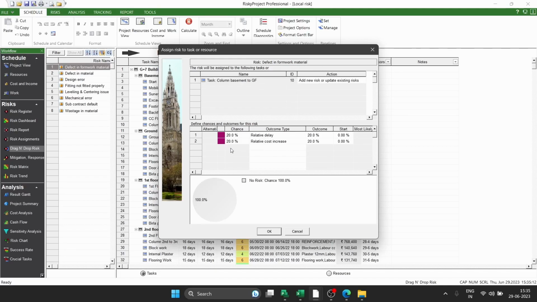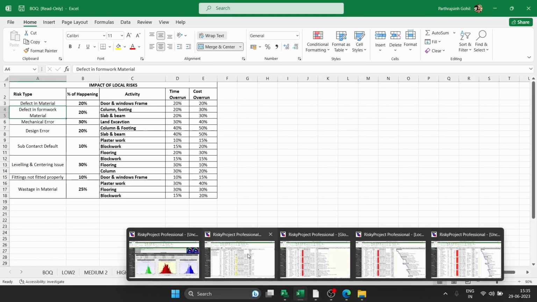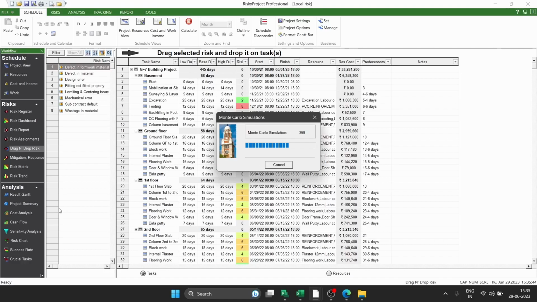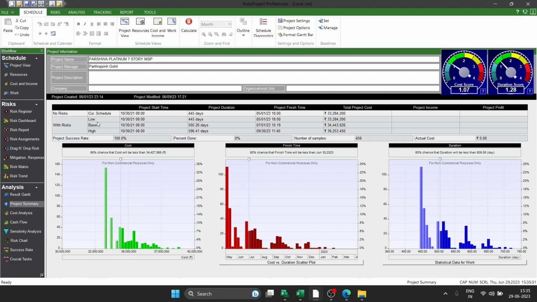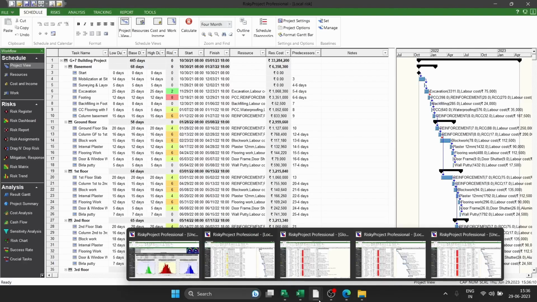तो उसके हिसाब से टाइम और कॉस्ट में क्या डिले और ओवररन हो सकता है उसको आप ये एक्सेल शीट में देख के यहाँ पे जो होगा वो हम डाल सकते हैं। उसकी वजह से कॉस्ट में क्या चेंजेस आएंगे उस तरह से हम यहाँ पे सब कुछ मेंशन कर सकते हैं। उसको कैलकुलेट करके उसका हमने रिजल्ट यहाँ पे लिया है। लोकल रिस्क की वजह से कॉस्ट और टाइम में क्या ओवररन हो रहा है ये सब यहाँ पे आप देख सकते हैं। यहाँ पे हमने एक फैक्टर ये रखना है कि हमें टाइम सेम रखा है। हमने यहाँ पे सिर्फ लोकल रिस्क की वजह से कॉस्ट में क्या इम्पैक्ट हो रहा है वही हमने देखा है।